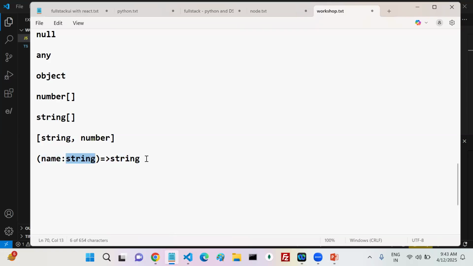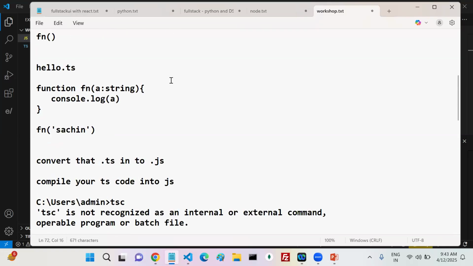Now sometimes you can say my variable is sometimes a string, sometimes an integer. Then at that time, a pipe symbol you can put. Okay, string and number, like this. Pipe symbol, you can put either string or number. Got my point? Okay, these are the frequently used types. Now see one by one.